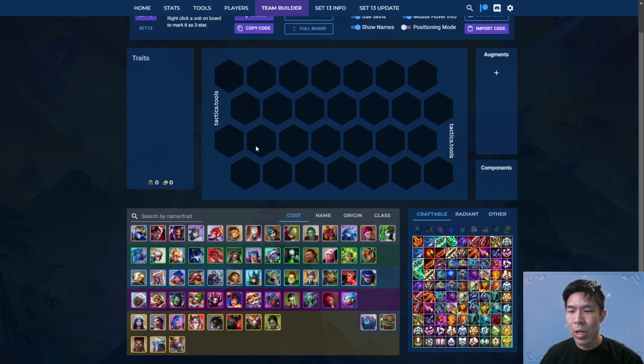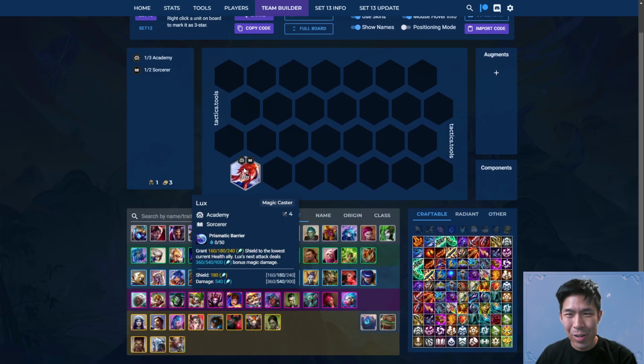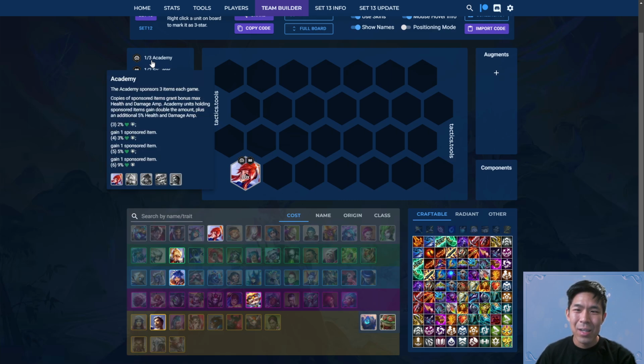I do want to talk about how Academy works. I think a lot of people don't understand how this trait works, honestly. Basically, all of your Academy units are going to get 5% health and damage amps. That's going to be the final line. And then any Academy item you make, regardless of whether you get it from the trait, is going to give you extra stats. And that will give any unit extra stats, but the extra stats will be doubled on Academy units, which it's not